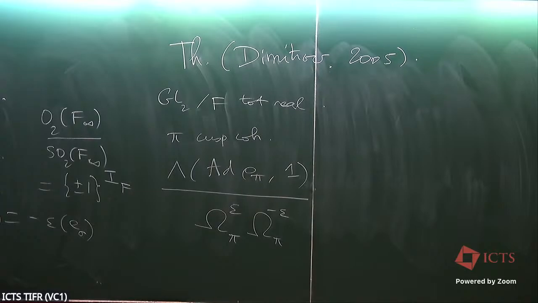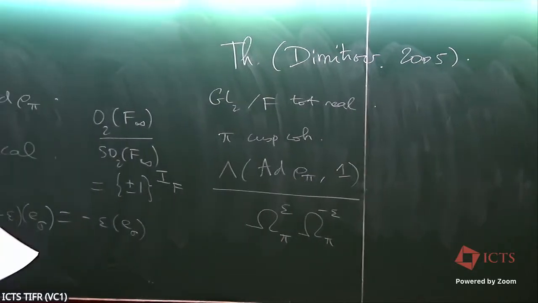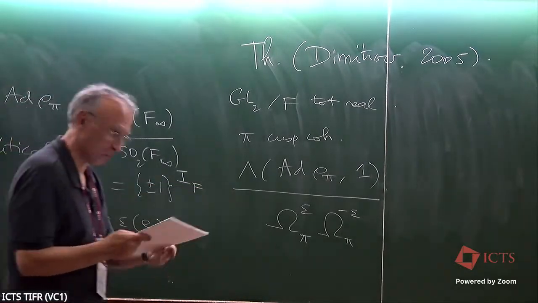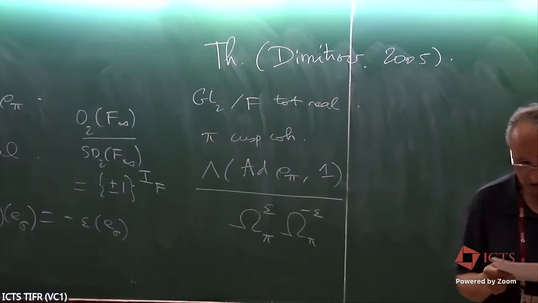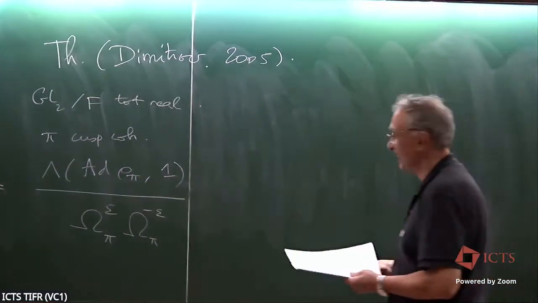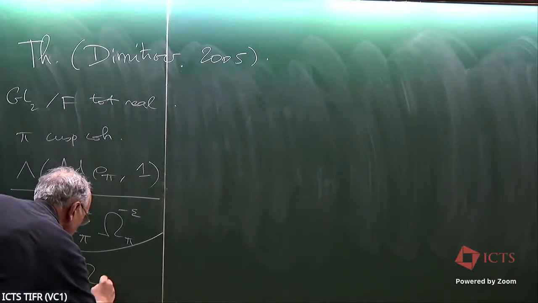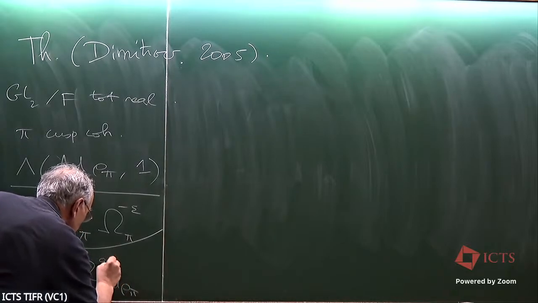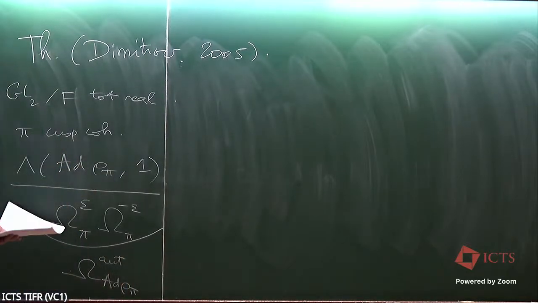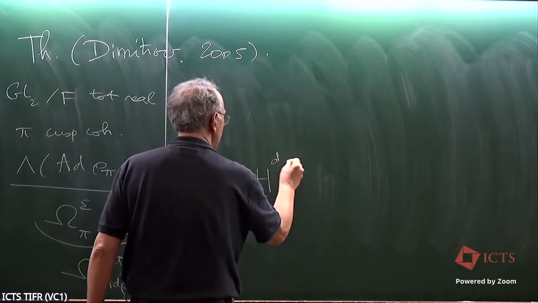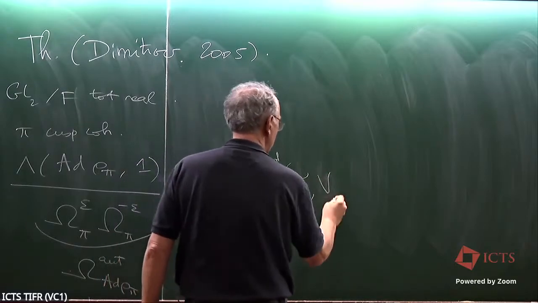It's another character which has the property that, on the basis, it is given by these values. It took me some time to understand that minus epsilon is not the opposite of epsilon. And this deserves, again, the name of omega add pi automorphic. And the theorem of Dimitrov is that this is eta pi of HD of the Hilbert variety with coefficients in